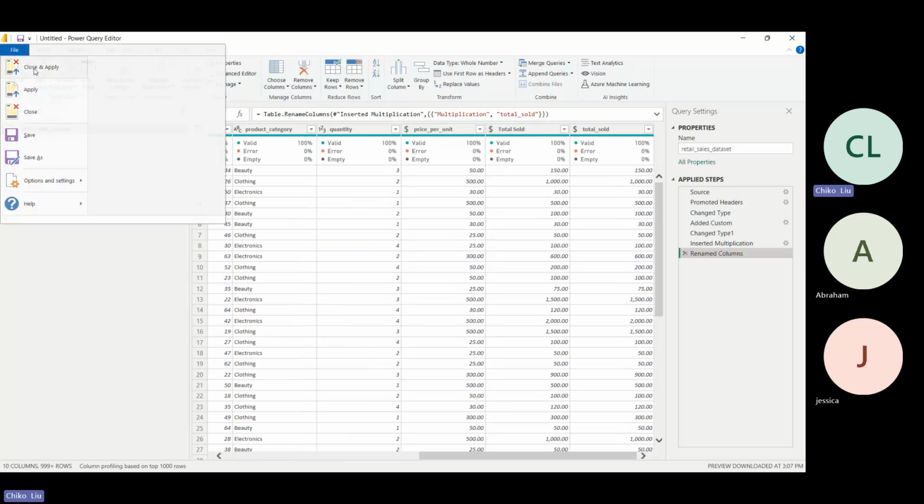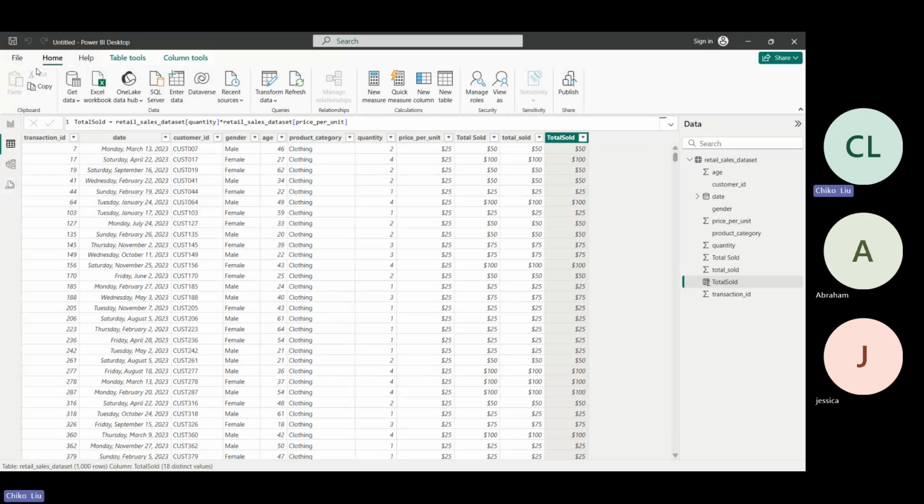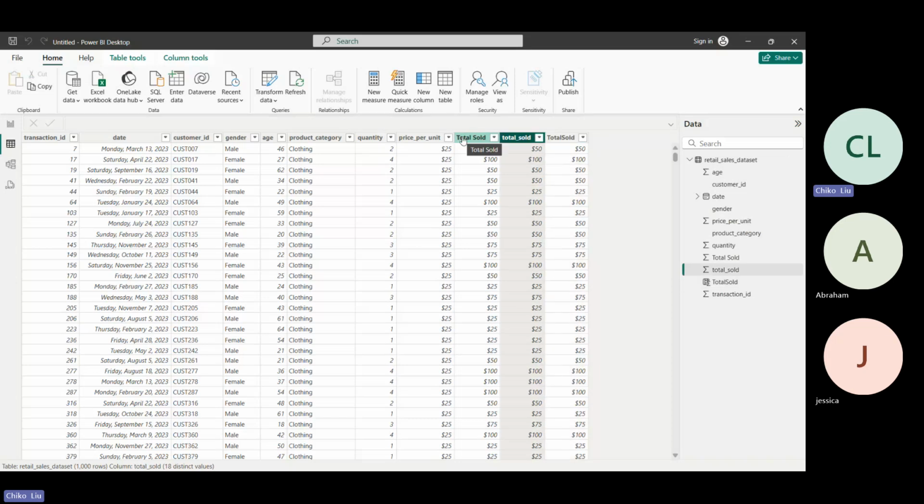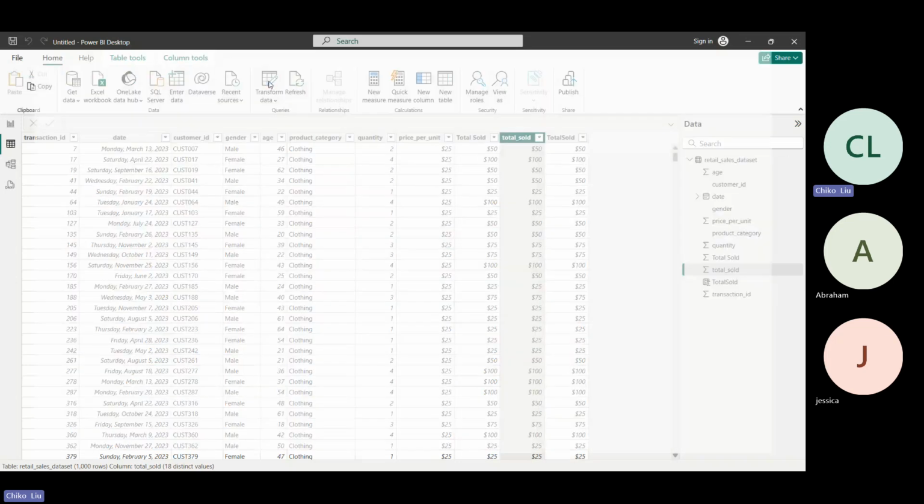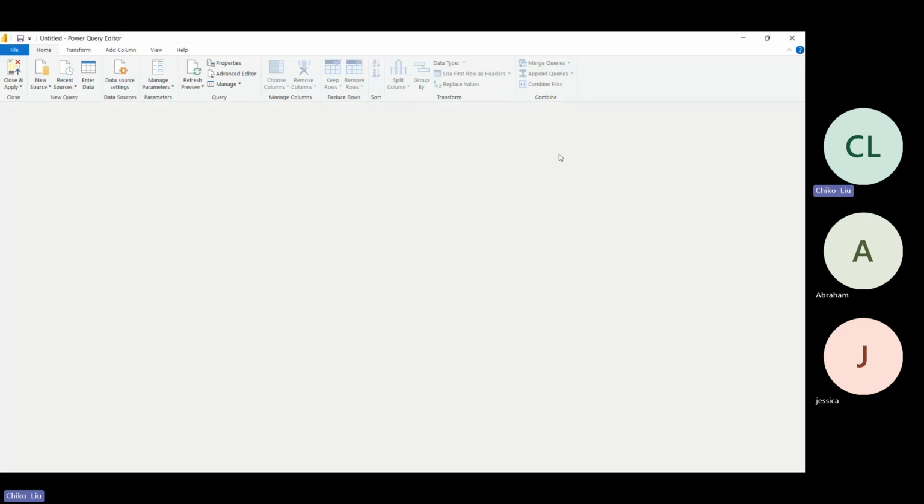And that's because for DAX, whatever instruction you give your data analysis expression, it's going to create a pseudo measure for it or a new column. It doesn't appear on the Power Query data itself. So the same thing, whatever you do on your Power Query does not affect the main data source itself. So that's basically it. And so I can decide to delete. I can go back to my transform and delete my 2